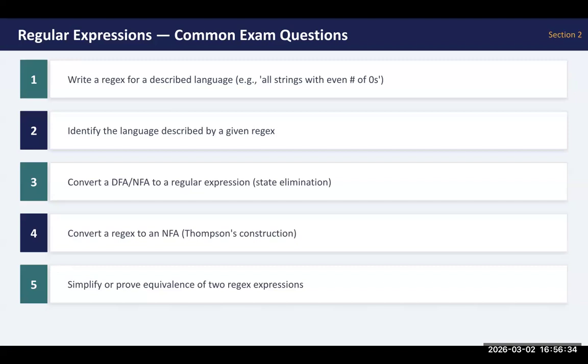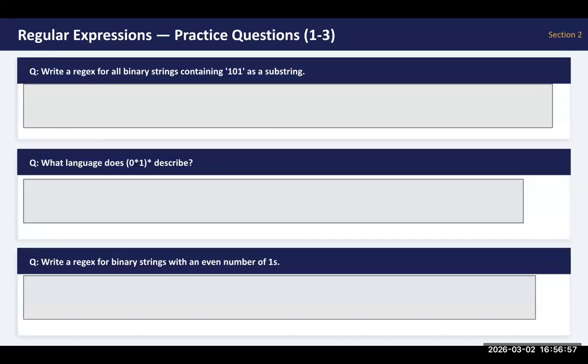I'm unsure if this was covered, but you can always refer to the theoretical computer science textbook that's required for the class. And then simplify or prove equivalence between two regex expressions. So you would be given two different regex expressions, and then you could go over them and prove equivalence between them. So let's try and do this first one,